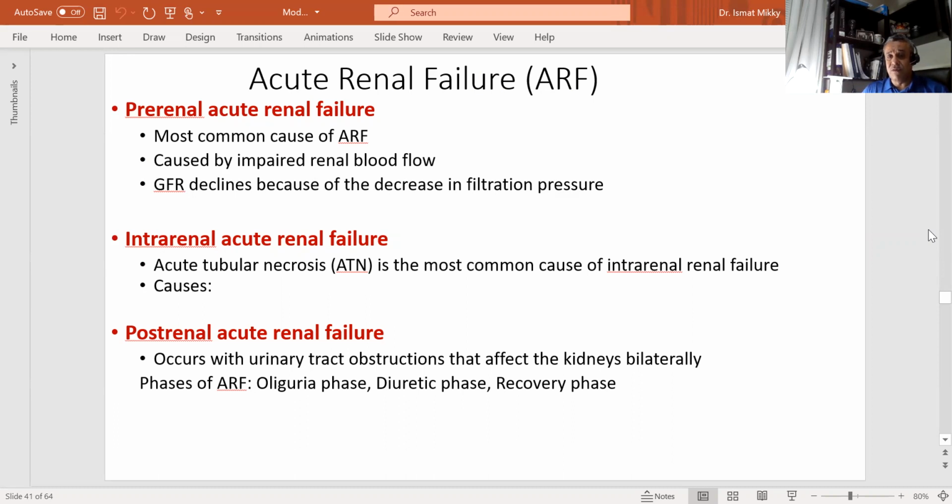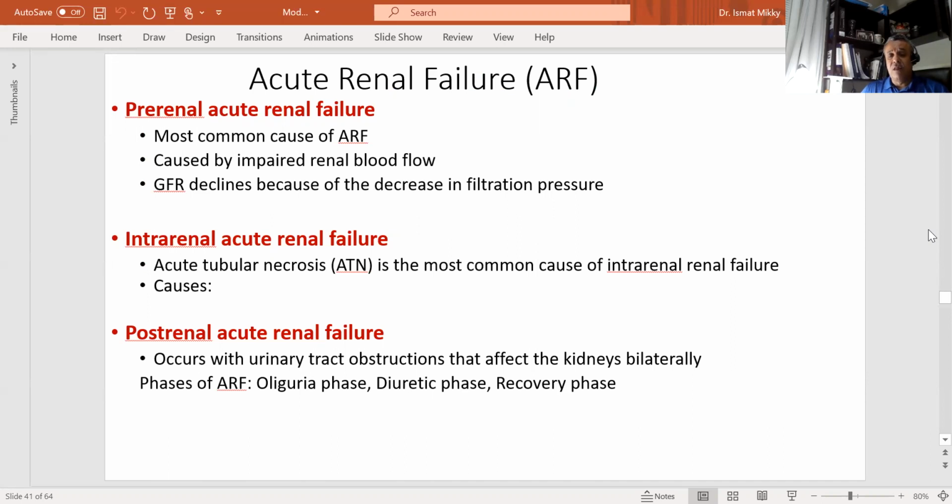Decreased blood flow to the kidneys will result in dysfunction. Examples are patients who become dehydrated, or develop hypovolemic shock, heart failure, or cardiogenic shock, because that results in decreased blood flow to the kidney, and so in pre-renal acute